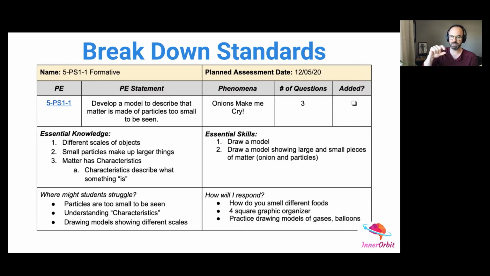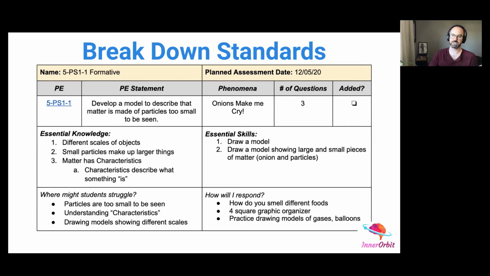So how would you smell different foods? Look, you already talked about it. For understanding characteristics, I used to use Frayer models or 4-square graphic organizers and give students the ability to write a definition in their own words, use it in a sentence, give examples of it. There are lots of different versions of these 4 squares, but that worked really, really well for me when I was teaching middle school in 5th grade, to sort of anchor in what this word means and different ways